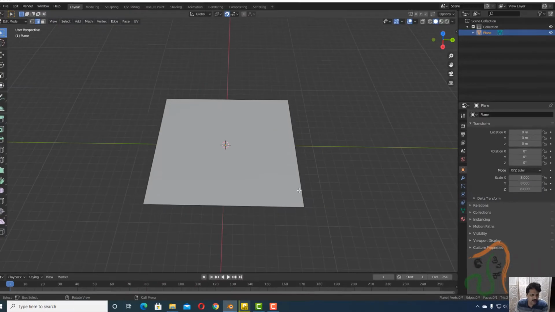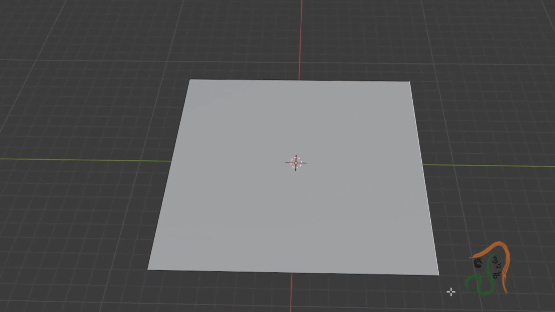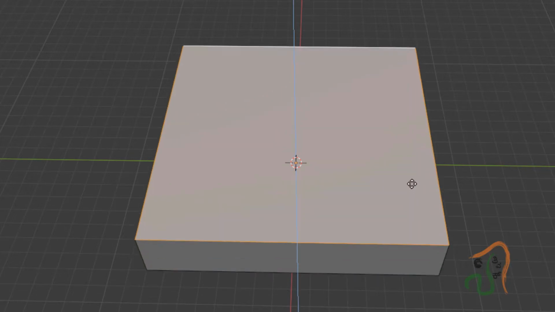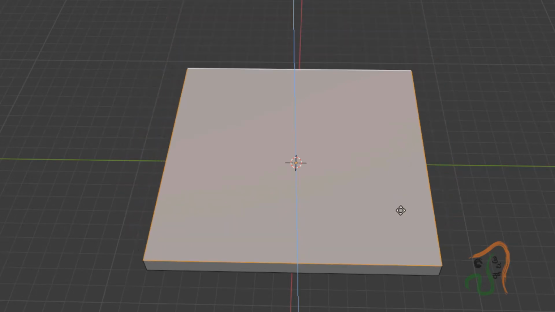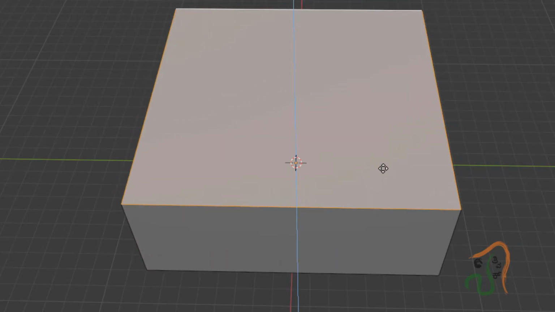So now come back here and in edge mode select this edge, and with shift select this edge, select this edge, and select this edge. If I select all the 4 edges, and to build the wall, if I press E and if I extrude it, see what happens.